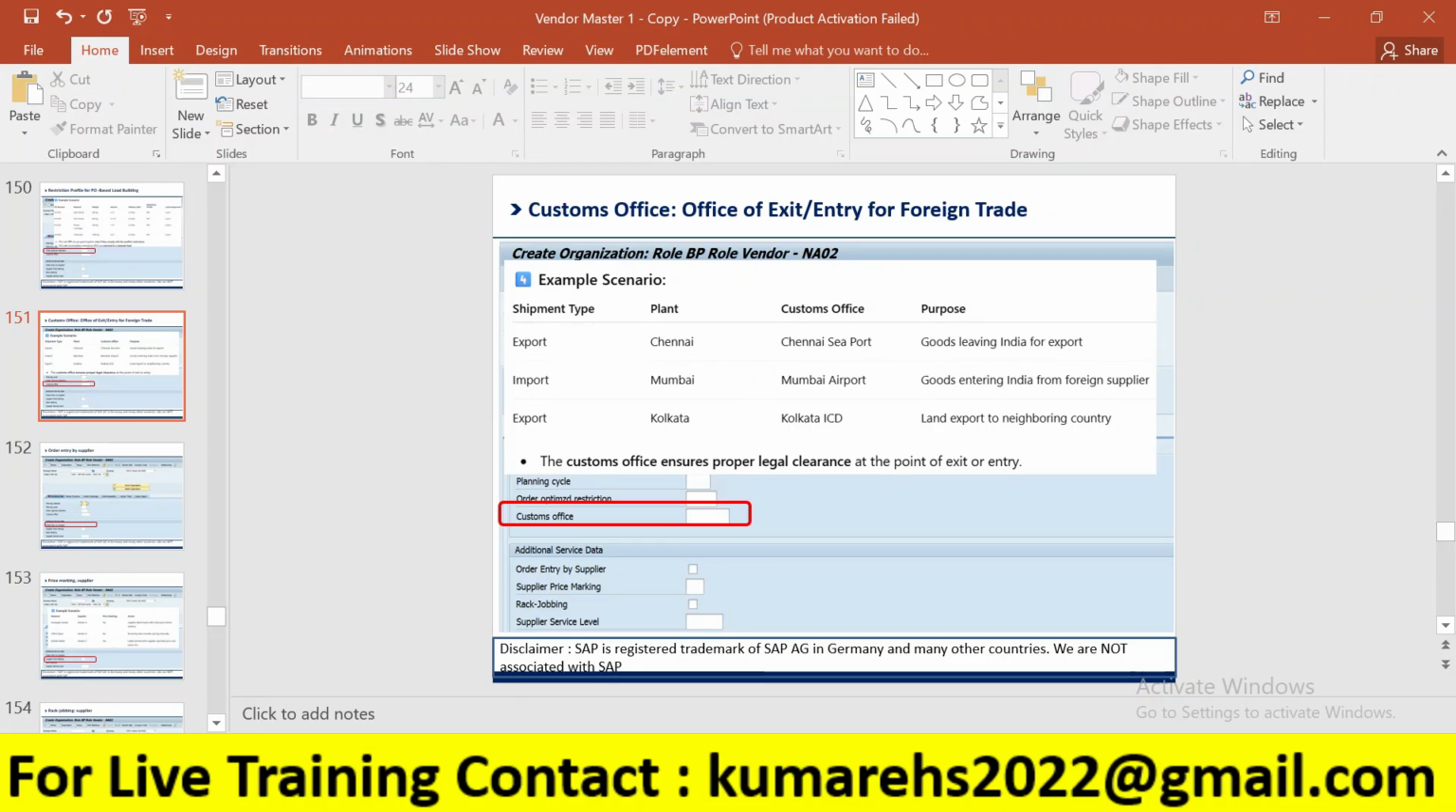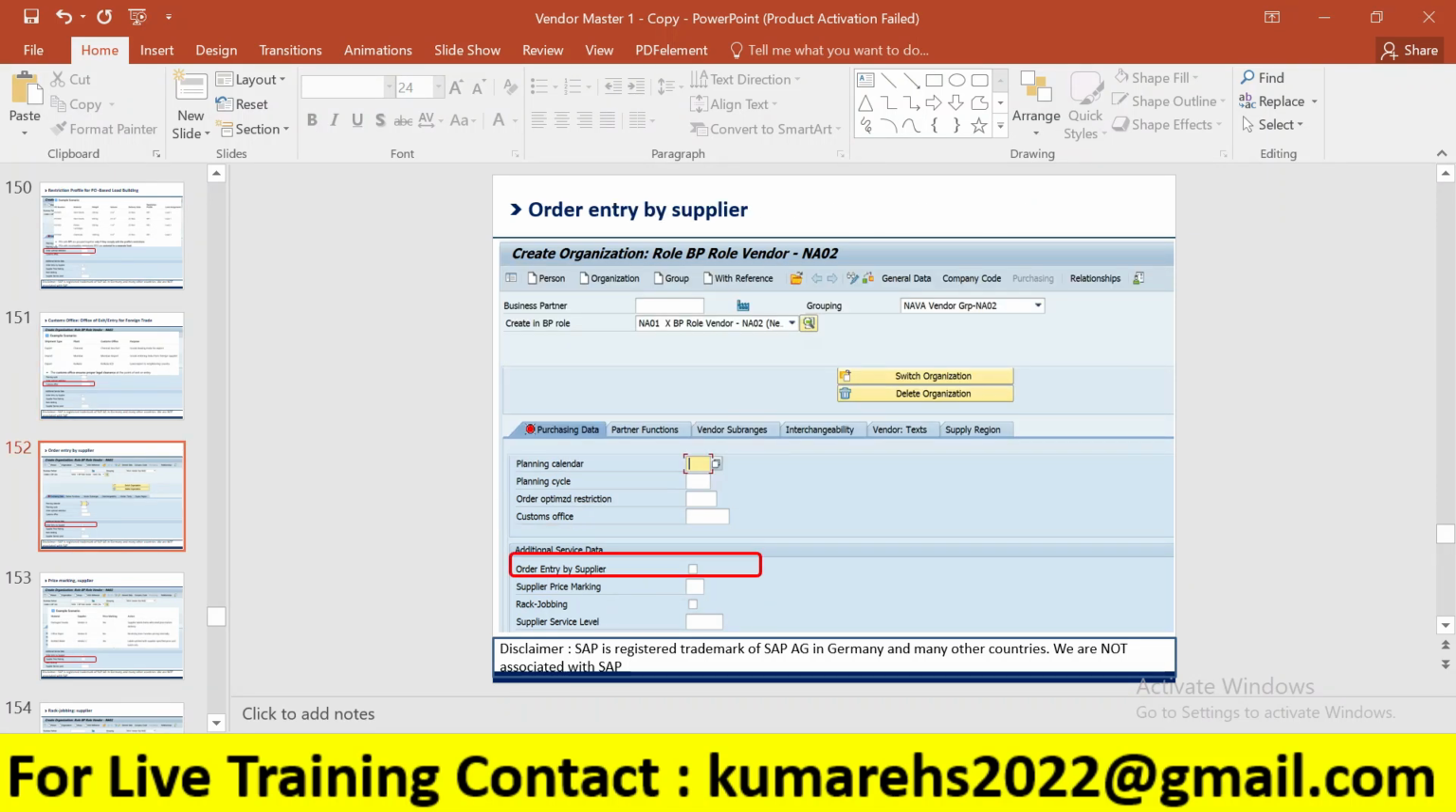Maintain a master list of valid customs offices in SAP for consistency. The next field: order entry by supplier. The order entry by supplier in SAP refers to a process or indicator in SAP Materials Management and SD, Sales